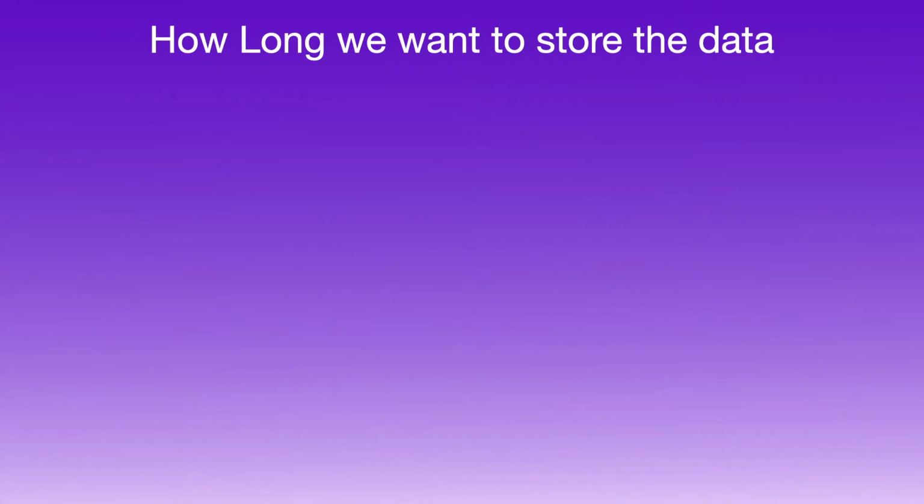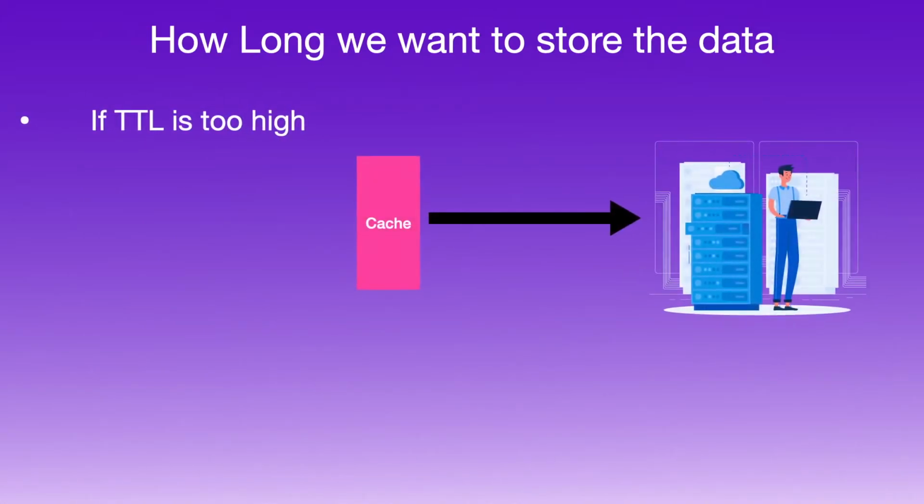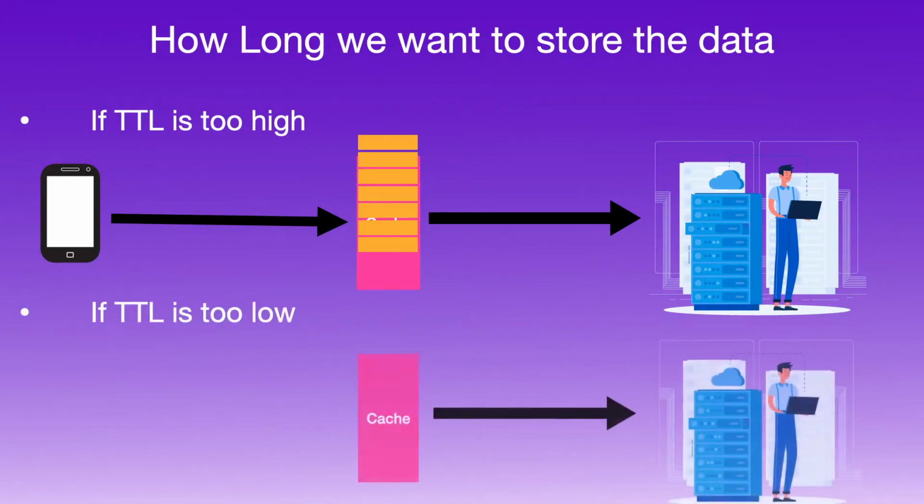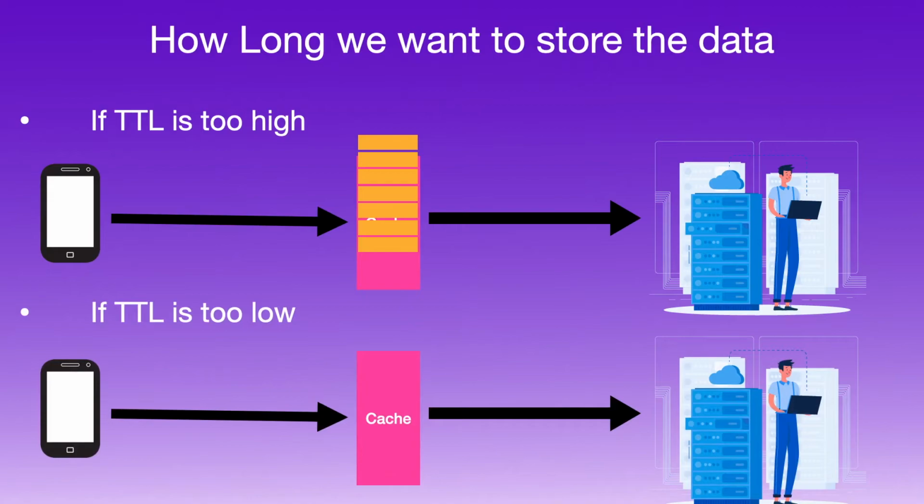So there can be 2 scenarios. If the TTL of the resource is too high, we will end up saving a lot of data into the memory and eventually exhausting the memory. And if the memory is exhausted, then we have to free up memory using the cache eviction policy. The data which is removed from the memory has to be fetched from the origin server, impacting our cache hit ratio. Now let's take another example where the TTL is too low.